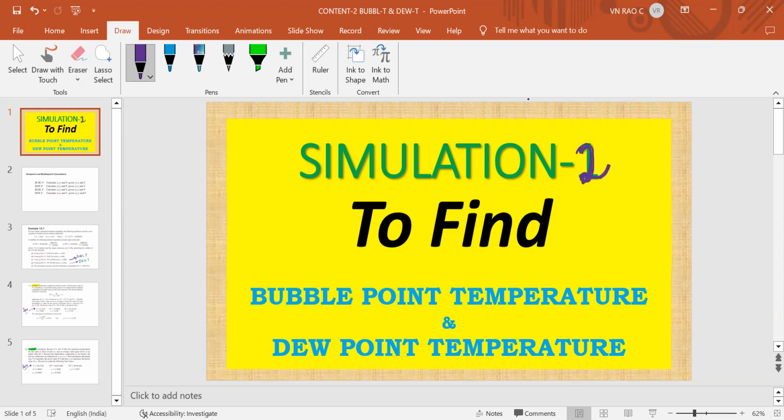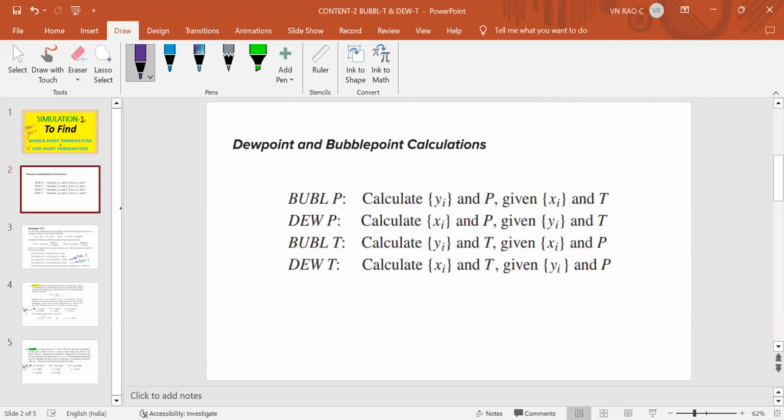In simulation two, our intention is to find bubble point temperature and dew point temperature. In short, we can write this as BUBLT and DEWT. Okay, so this is our intention. Next, let us briefly understand what